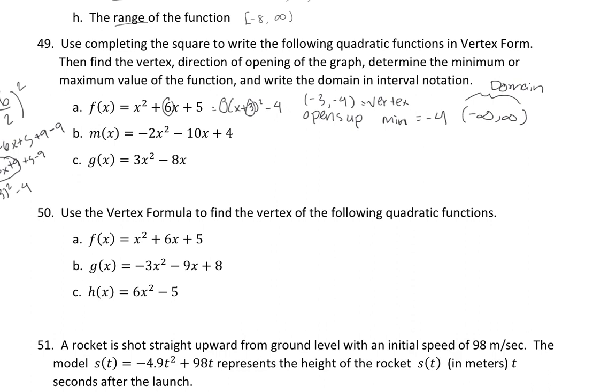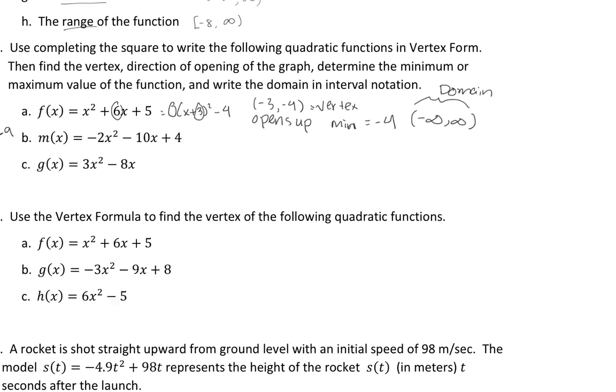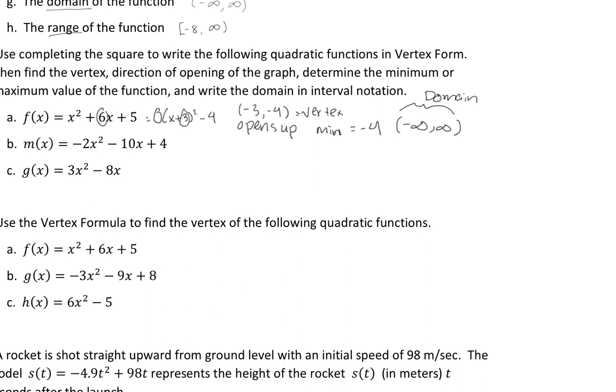All right, so for part B, we're given the function -2x squared minus 10x plus 4. And I'm just going to scroll over here a little bit so we have a little bit more room. But the first thing we want to do is take this coefficient and take it out of both x terms, right? So if we factor out a -2, that's going to be -2 times x squared plus 5x. And then we're going to have our completing the square terms right there, and then plus 4